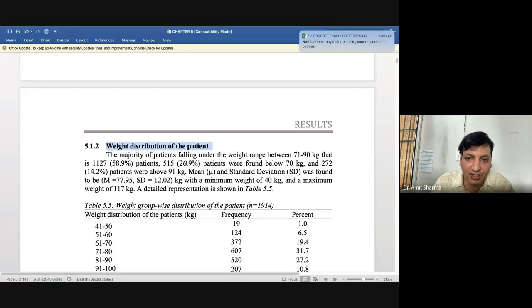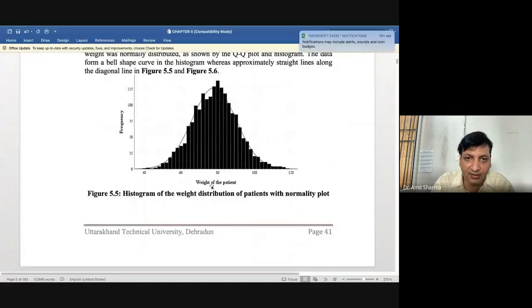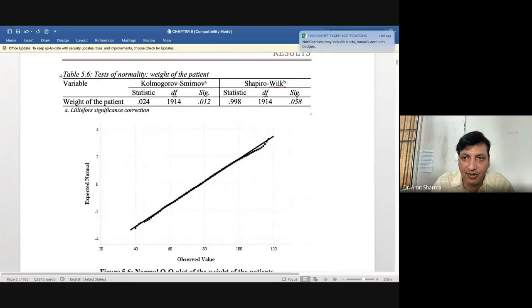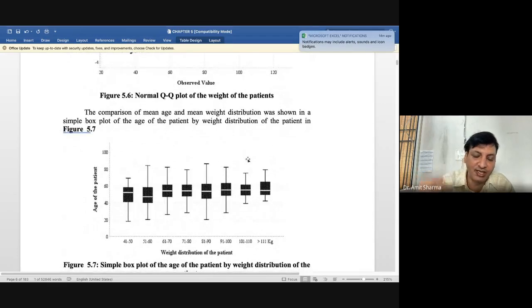For the weight also I have given a normality curve and a QQ plot, and you can see weight was distributed just because of very small values. The normal cutoff point is 0.05, and I have got exactly 0.05 because data was deviating at the end. You can see from here it was deviating. And here you can see another way of comparing things which you have already discussed on the top, that you can use for comparison purposes.